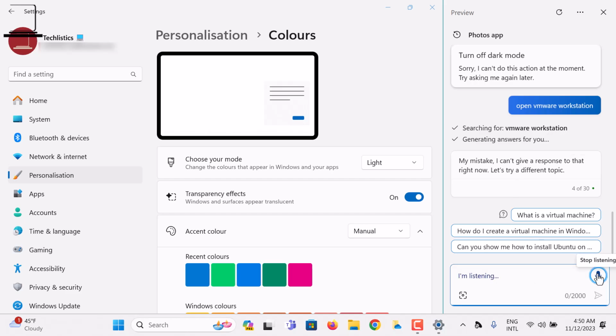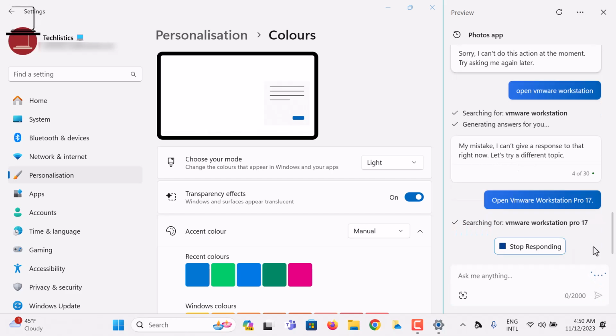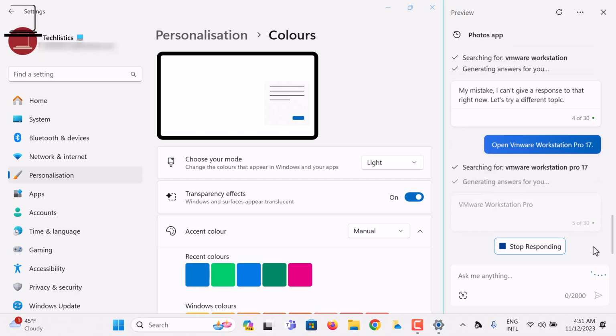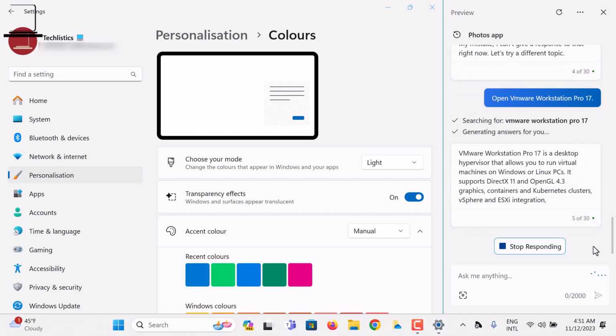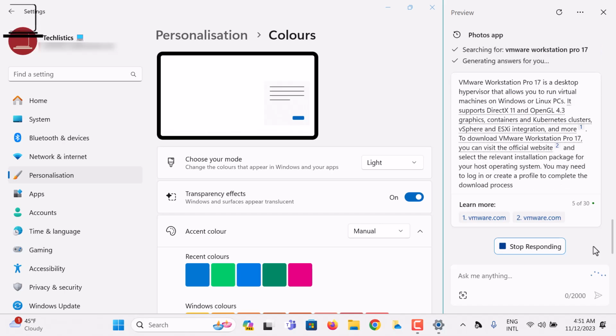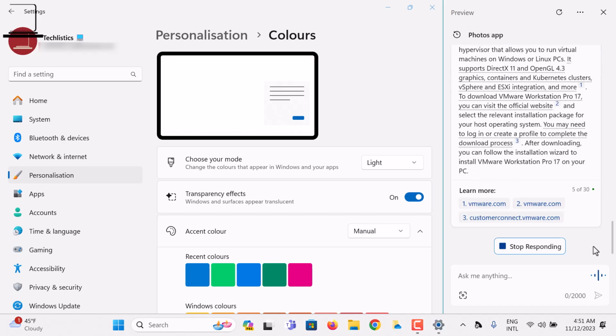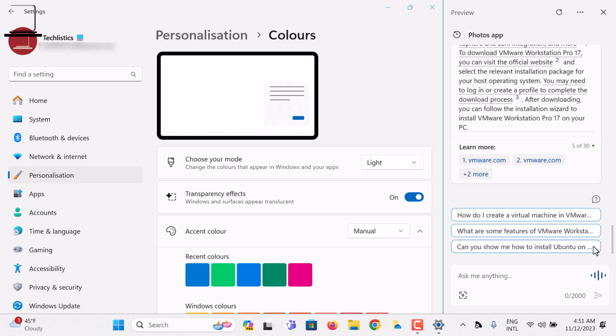See, open VMware Workstation Pro 17. VMware Workstation Pro 17 is a desktop hypervisor that allows you to run virtual machines on. See, that's not what we want. But when we say open Microsoft Store,